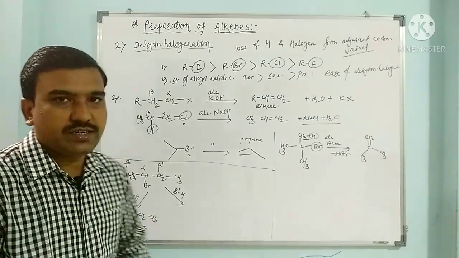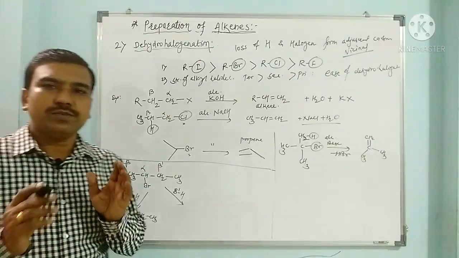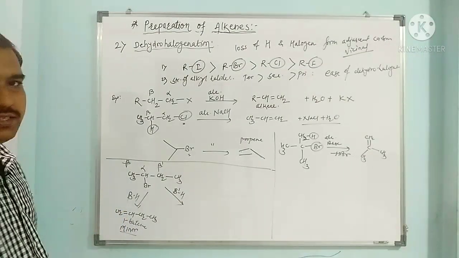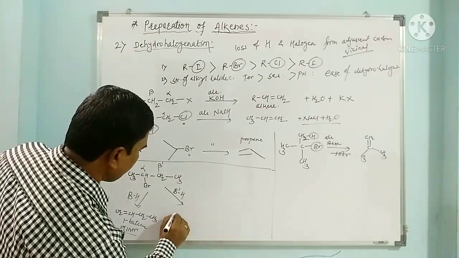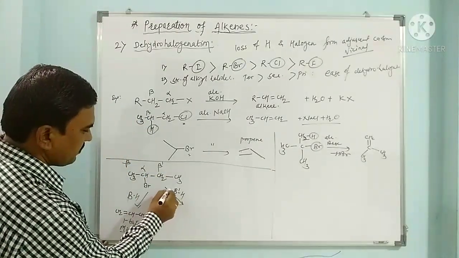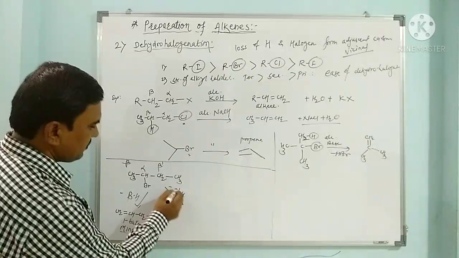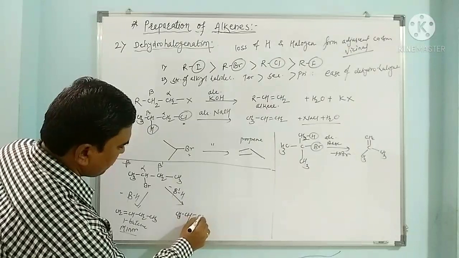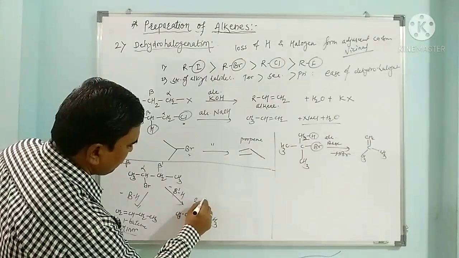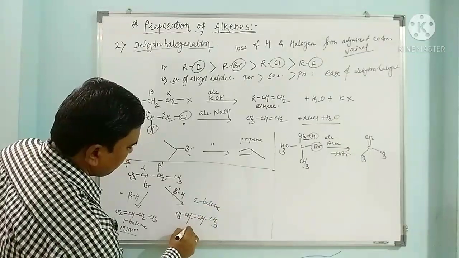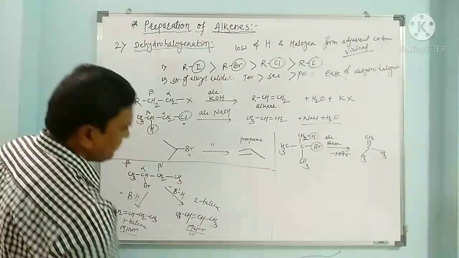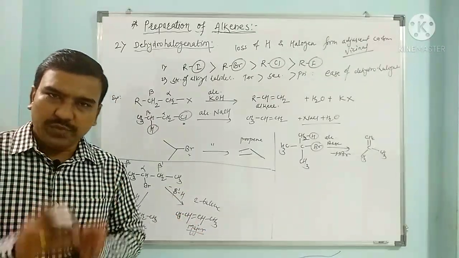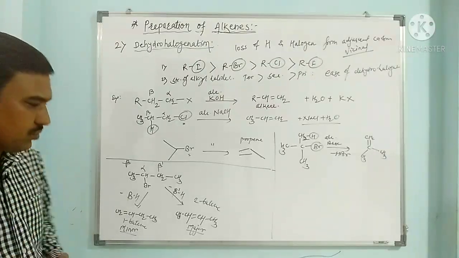As we have seen in case of dehydration of 2-butanol, the same kind of trend we also get here. As per Saytzeff's rule, the less substituted alkene is the minor one, while the more substituted alkene is formed when this proton is lost from the beta hydrogen. So we get CH3, CH double bond CH, CH3. So this is 2-butene. This is major because it is more alkylated. So more alkylated alkenes are major ones as per Saytzeff's rule.